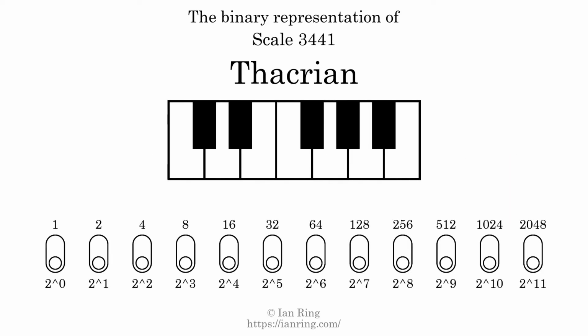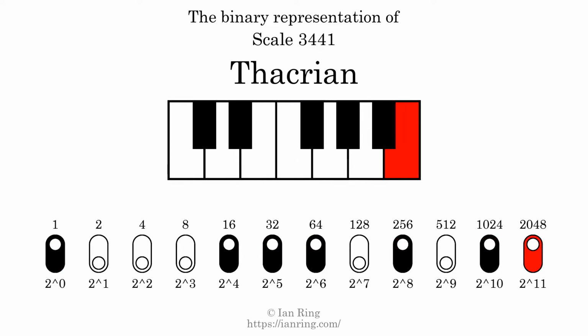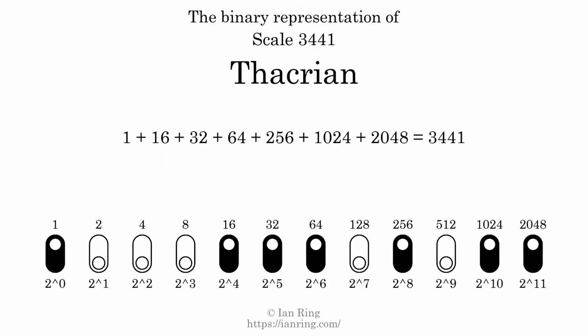The binary representation of this scale is determined by mapping tones of the scale to binary digits. Each binary digit represents a power of 2. To get the scale number, we add the powers of 2 together. The powers of 2 that are present in the scale, all added together, equals 3441. That is why the scale number, in decimal, is